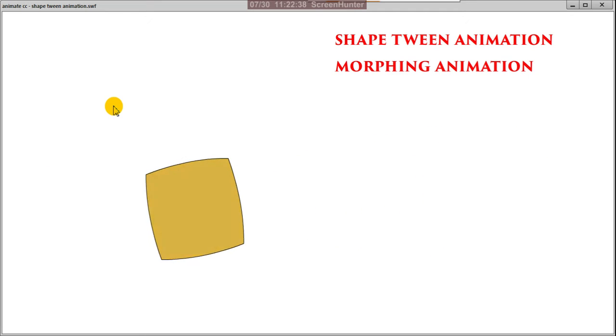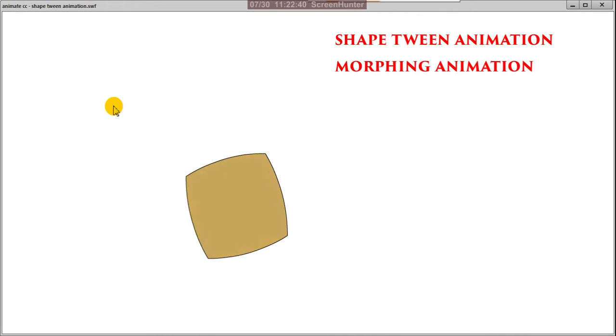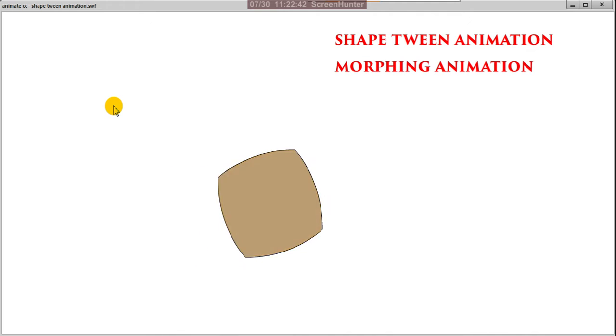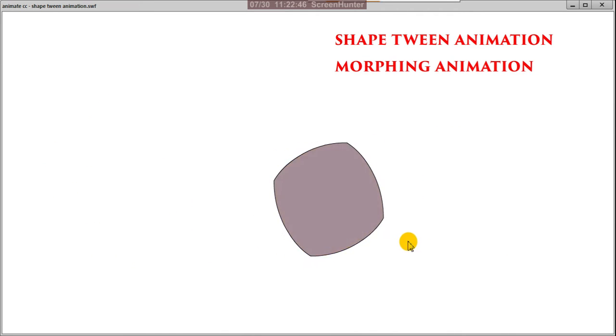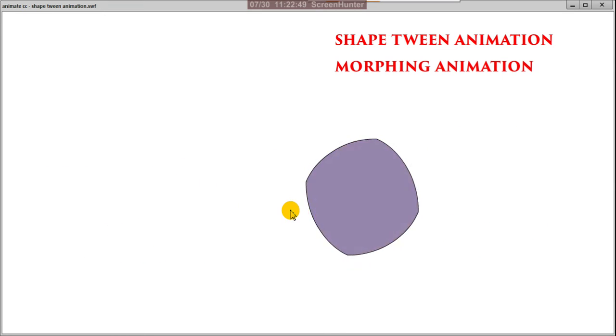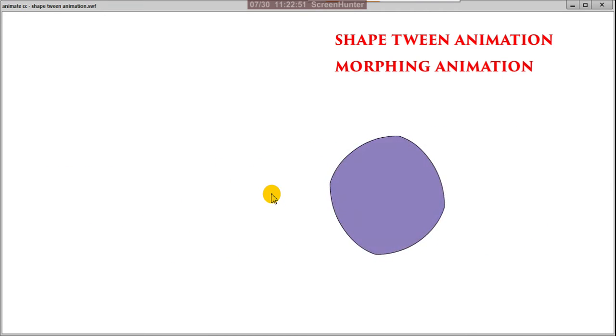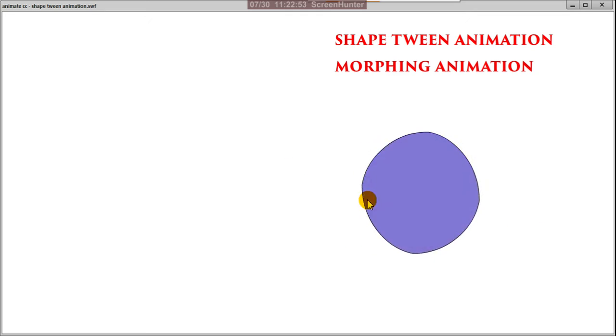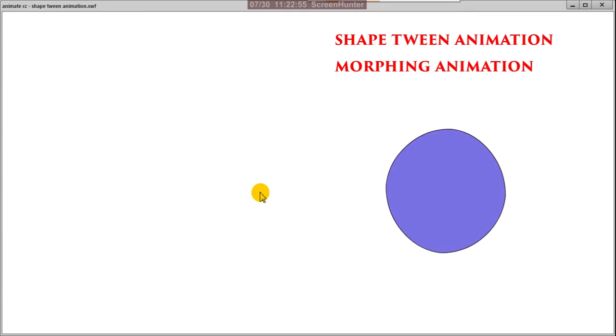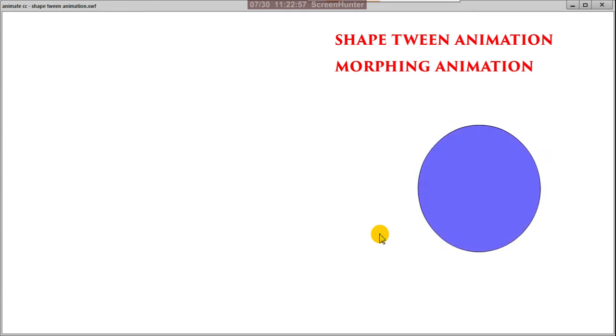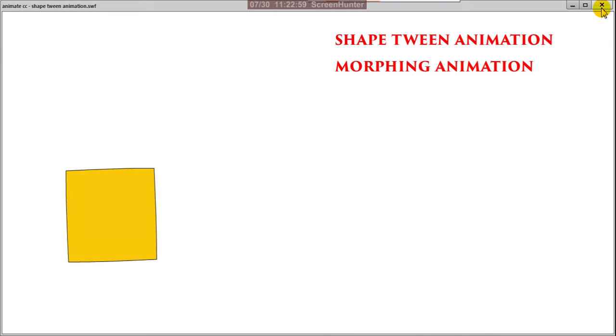That means it is changing one shape to another shape, including color also. From yellow to blue, the color is transforming from one to another, and the shape is also changing from square to circle.